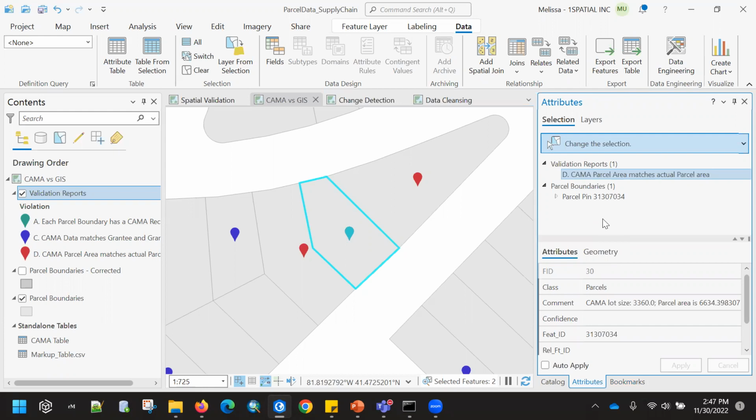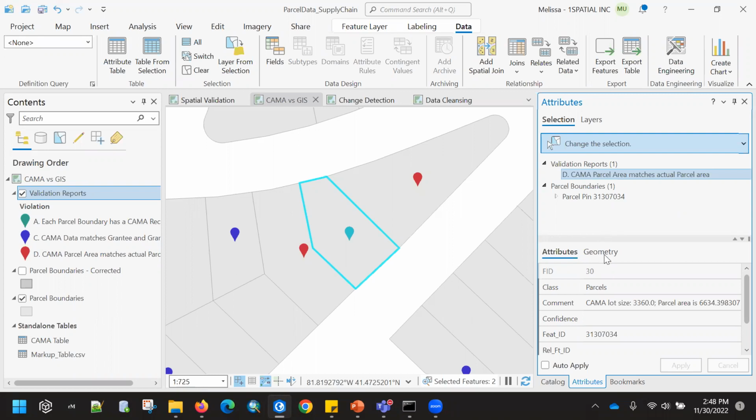Obviously the parcel lot size is a pretty significant detail in our parcel data between the two sources, so we want to make sure none of these are dramatically changed between the two. The way we had written this is they had a business rule that said allow a 5% buffer, plus or minus, between these two calculated numbers, and let's call it a match if it fits that tolerance.